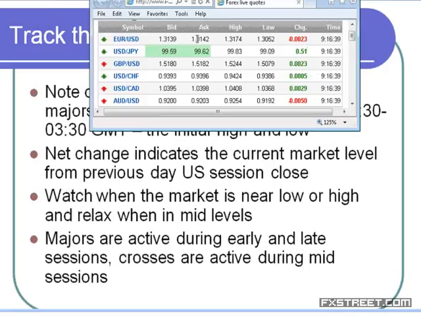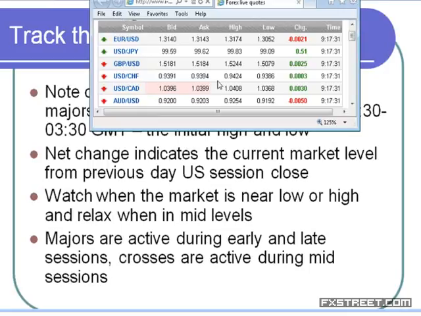Whenever they quickly gain the levels, in the case of GBP after the 8:30 data release trigger, they quickly gained the level in a few seconds. And what happened finally? You find that GBP started drifting downward. So the data might give the impression that GBP could continue to rise, but they had already gained from the negative net change to the positive net change during the early European session. So after booking profit, they will come down again and accumulate buy positions and then continue to rise during the US session. So this we need to understand.